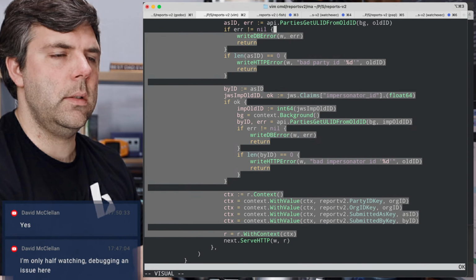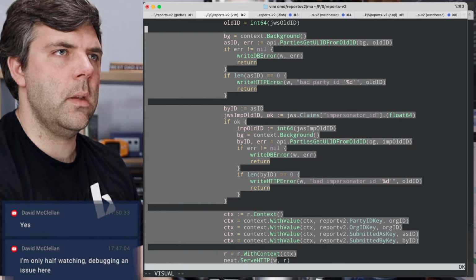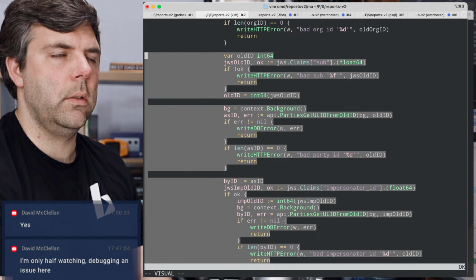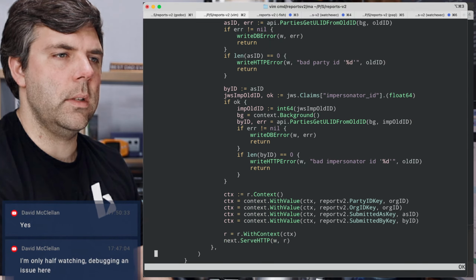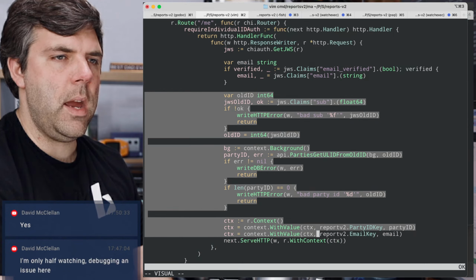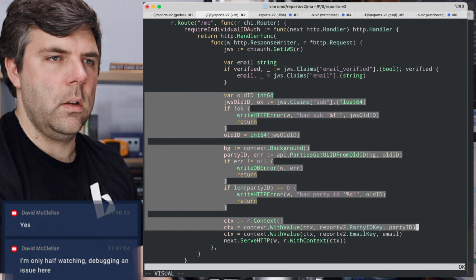So I'm actually going to say, and as much as the by and as are pretty darn similar, let's look for where there's a sub down here, and I think this could all be the same. And the next time I have to do something with this, okay, this also has email. Where did email come from? Email comes from if the email is verified. Okay.